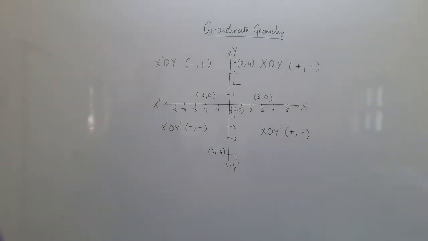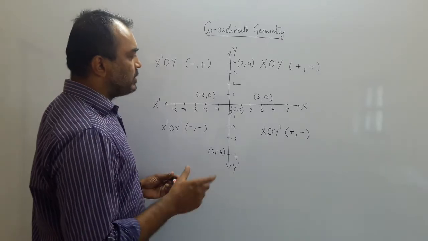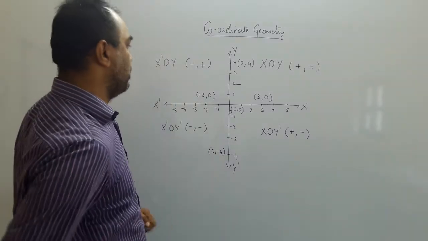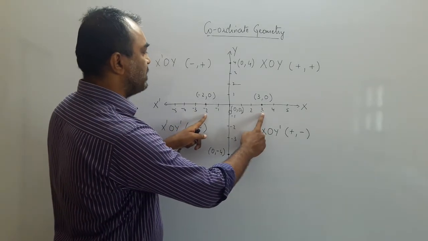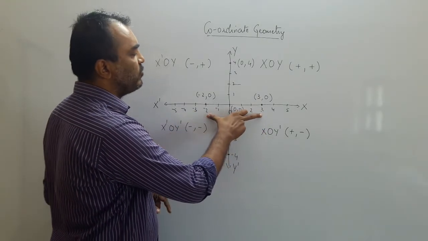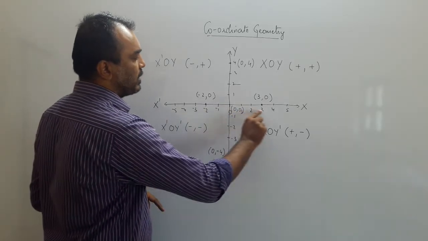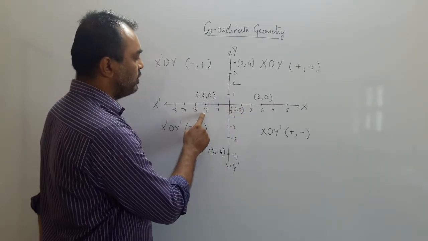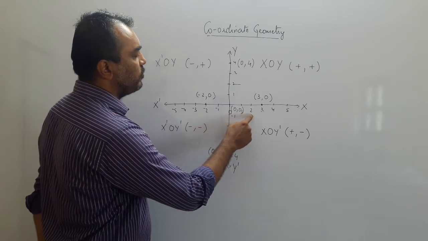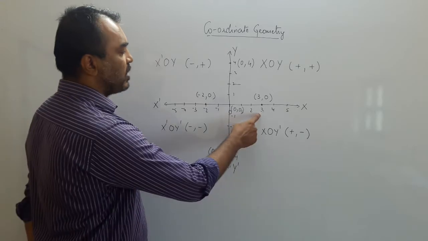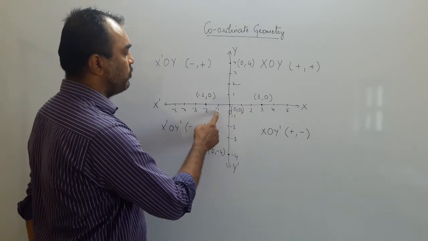Okay, before I go to the distance formula, let us see one thing in one dimension. Just now we are not in two dimensions, let us take one dimension. I have got 2 points on the x-axis. Can you tell me what is the difference between these two? I can count from here also. If I start from here, then 1, 2, 3, 4, 5. This is a distance of 5 between the two. If I start from here, then again 1, 2, 3, 4, 5.